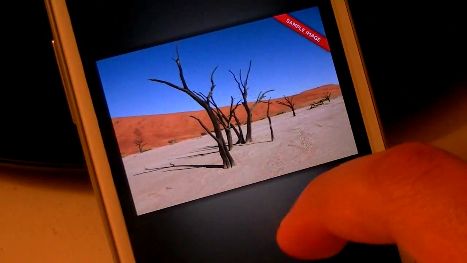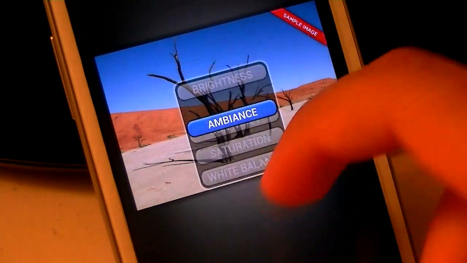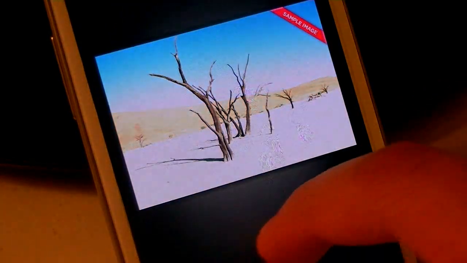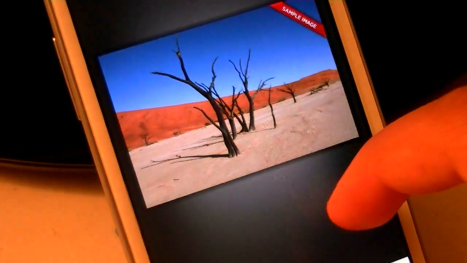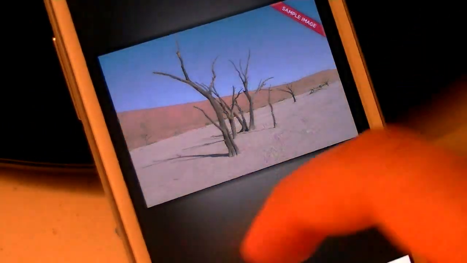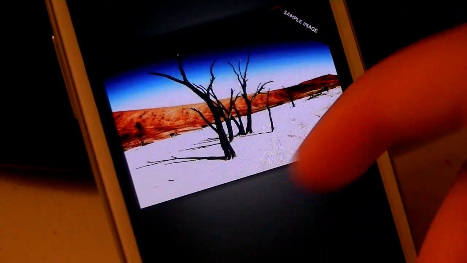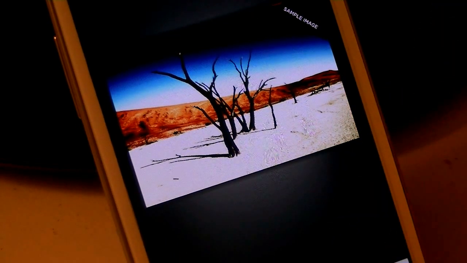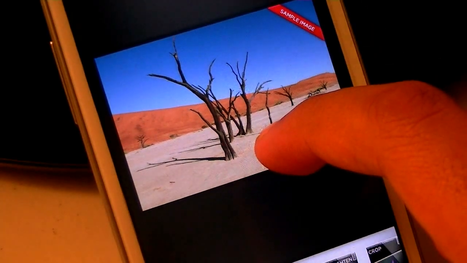So basically what you do, you slide up and down to change your settings here, and you go left and right to adjust it. So if I wanted to change the brightness, I swipe this way to increase it, and to decrease it, I swipe to the left. So let's make it something like that. Change the contrast, for example. I can make it highly contrasted, which is pretty cool actually, and let's say white balance. So it's really simple, really fast,